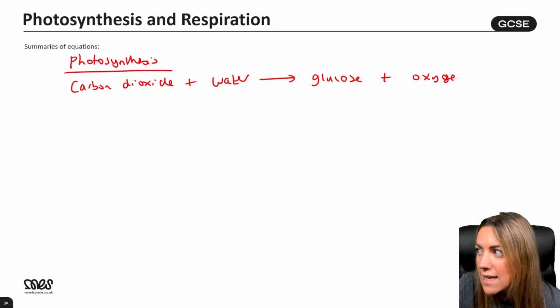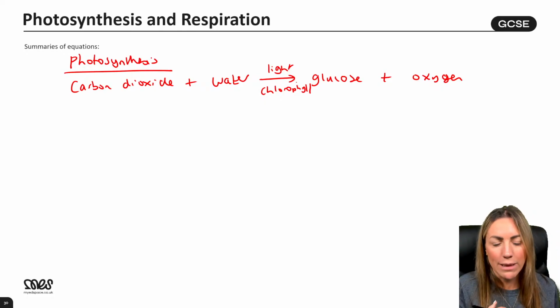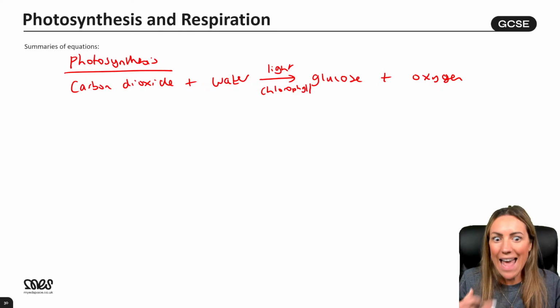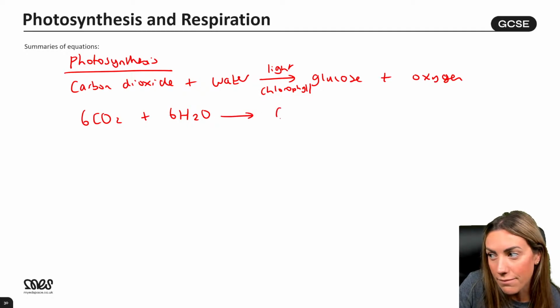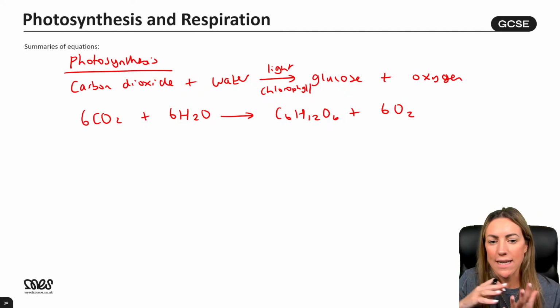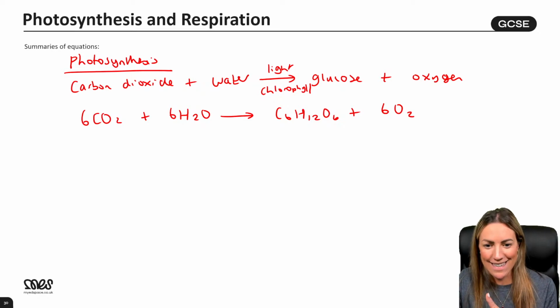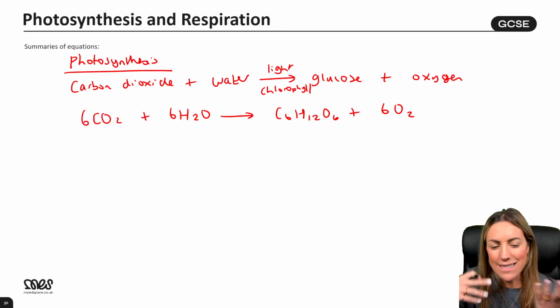For photosynthesis, we can write light on the arrow and we can write chlorophyll, because we need chlorophyll, which is in the chloroplast, that absorbs the light energy. That's the energy for photosynthesis. In terms of balancing this as a chemical equation, you've basically got to remember your sixes. How are we feeling with that, guys? Do I need to explain this, or is it just a case of you needing to learn it? 666, yes. 6 CO2, 6 H2O, and then don't forget your 6 in front of your oxygen. The difficulty is the glucose, C6H12O6.